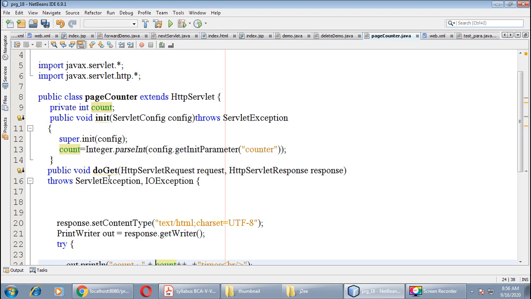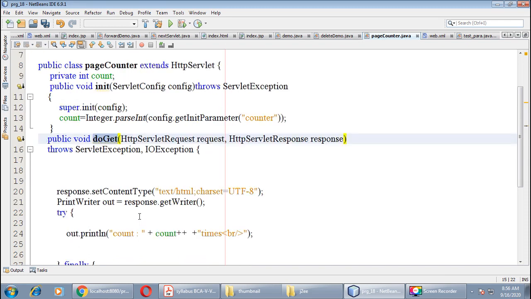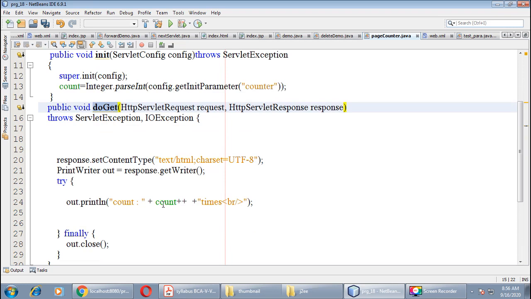So this method executes many times, right? The doGet method will execute many times, and this will increase the value of count as many times as we call this servlet, right? Let us see the effect of count plus plus in our browser.